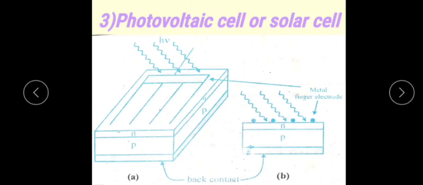Example, silicon. Silicon has a band gap of 1.1 electron volt, while gallium arsenide has a band gap of 1.53 electron volt. In spite of the higher band gap, gallium arsenide is better than silicon because of its higher absorption efficiency. If the band gap is too small, what happens? If it is very much less than 1, most of the solar radiation will be absorbed at the top of the layer and will not reach the junction to produce a photovoltaic effect.